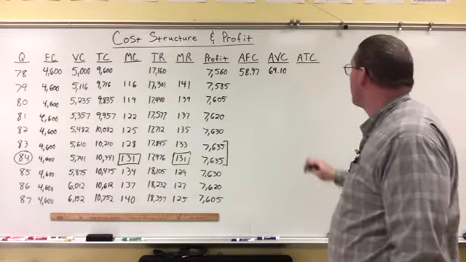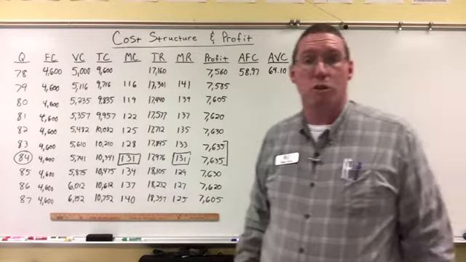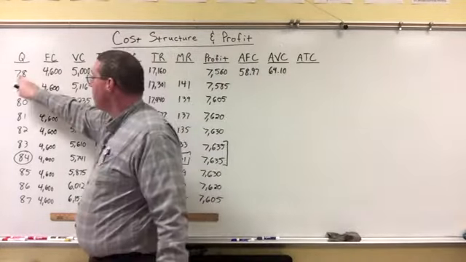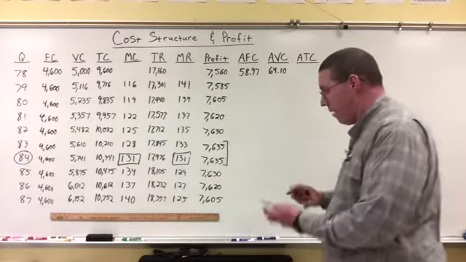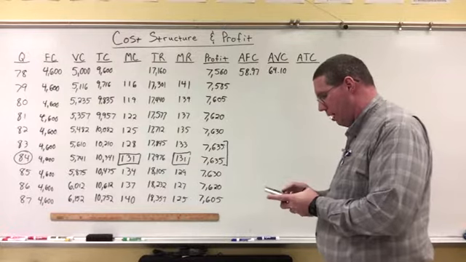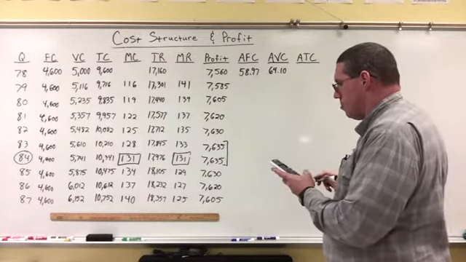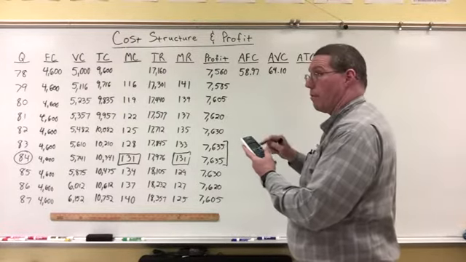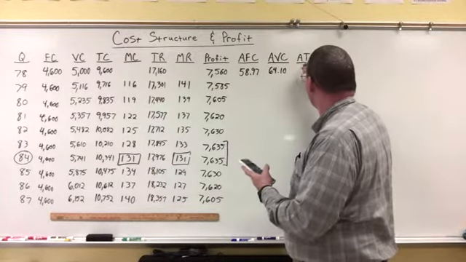$64.10. And so now, average total cost, there's 2 ways we can get average total cost. We can either divide total cost by 78, or we can add together average fixed cost and average variable cost. So if I add these two together, I get, well, it's going to be a little weird because it rounds differently. If I added them, it would be $123.07,